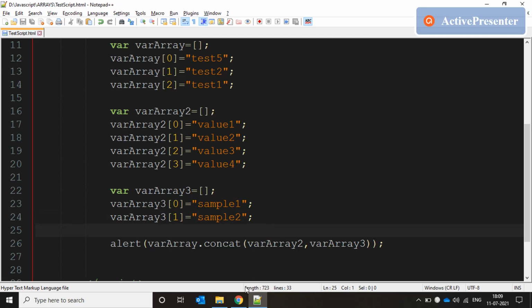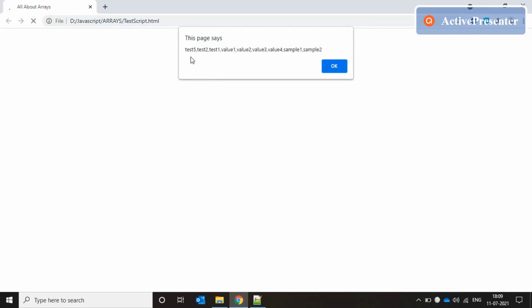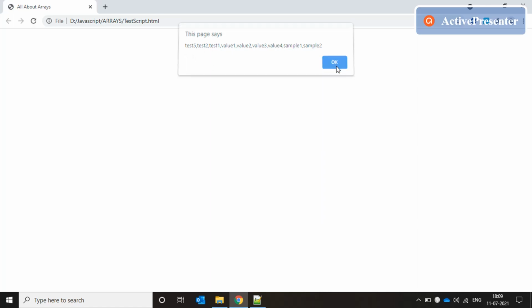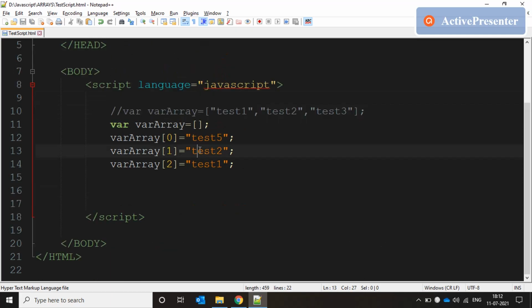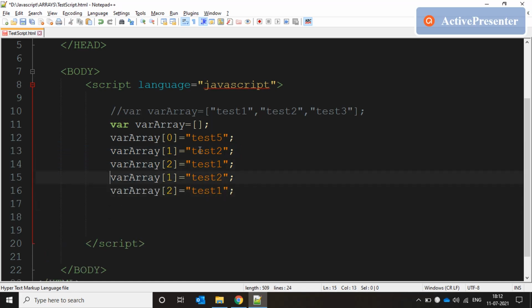Now let's just run the code again. So we have the elements of the first array, then we have the elements of the second array, and then of course we have the element of the third array as well. So this is how we can use the concat function to join multiple arrays into a single string. Let's look at one more interesting function called slice. Let me just remove all this and come back to our basic array, and let's just increase the elements to 5. So we have till 2, we add 3 and 4,